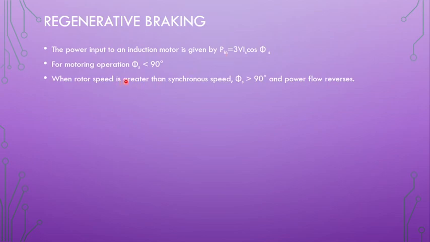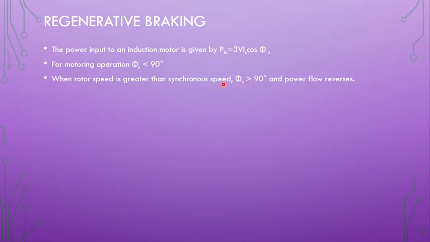But when the rotor speed is greater than the synchronous speed, this phi_S will be greater than 90 degrees. With the help of vector diagrams it is possible to understand it better. For that you will have to refer to the electric motors playlist, where we have discussed induction motors. Here we shall be proceeding with the mathematical approach. If the rotor speed is greater than the synchronous speed of the stator, physically it is not possible, but it can be made possible by different methods.